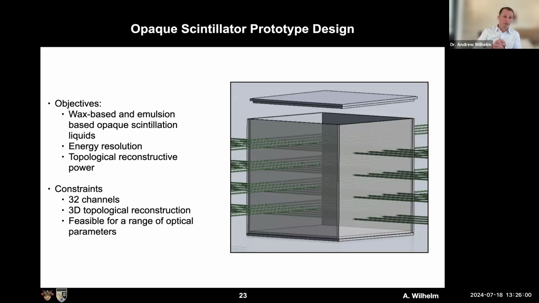We wanted to be able to do a three-dimensional topological reconstruction, and so that required the use of fibers running in orthogonal directions, as we discussed earlier. And then it unfortunately needed to be feasible for a range of optical parameters, meaning we didn't know exactly what the characteristics of the liquids we were going to receive were. And so this design had to accommodate a variety of scattering and absorption lengths